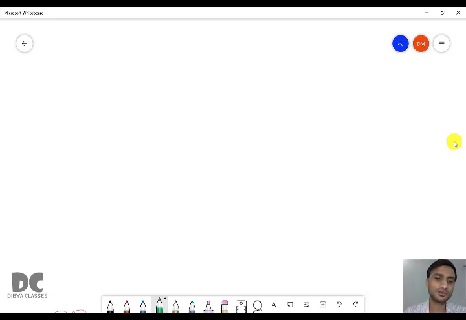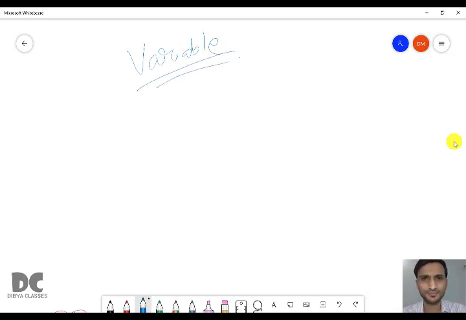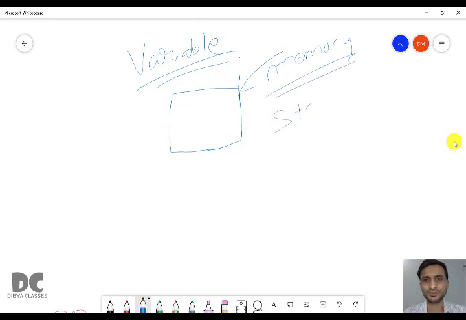First is variable. So what is a variable? A variable is nothing but a memory. It is a storage location. This memory will store value.